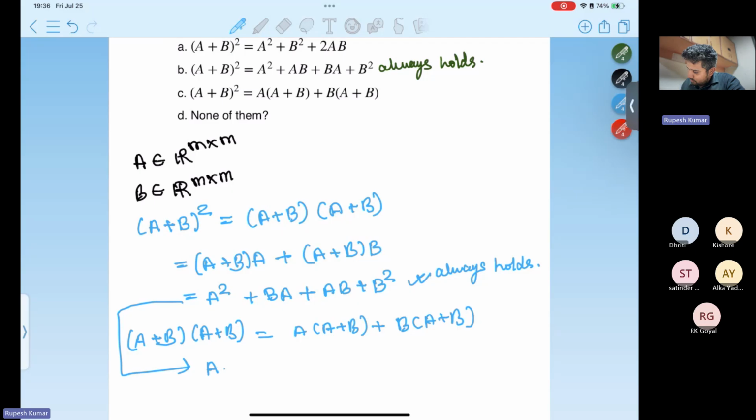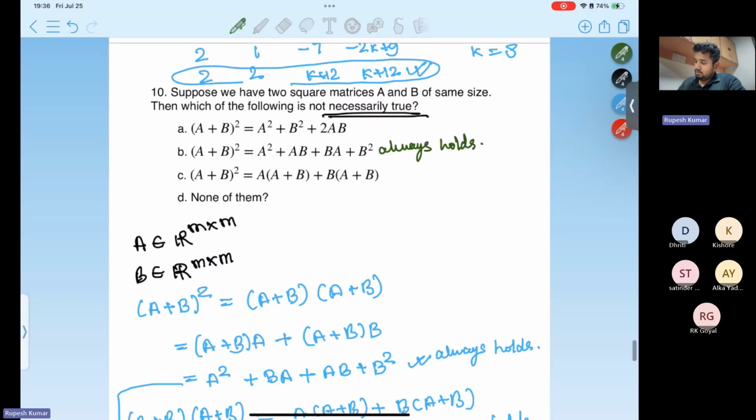Take A common. So let's start factorizing. Take A common. So A plus B. Just take B common here. You will get B into A plus B, right? So option C always holds, right? This always holds. So option C